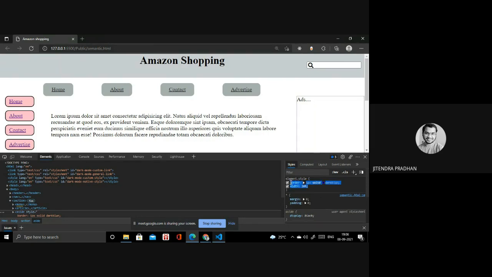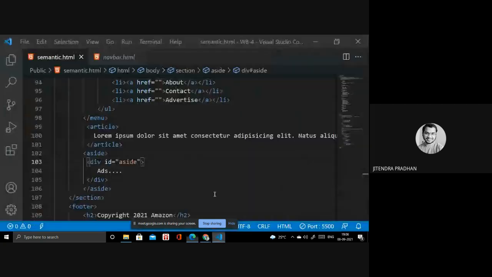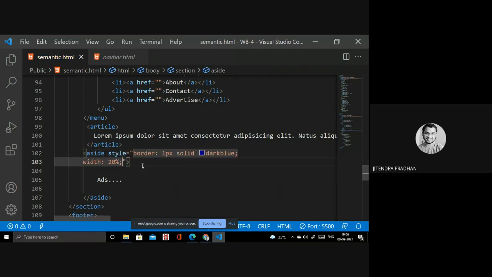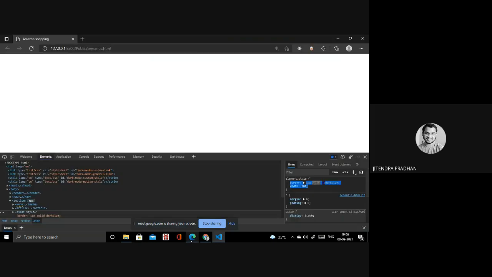So I will paste it inside the style, the inline style. That's better. Wait, I will write inside that style. Inside you have to write border. Okay, done. Does it look better?